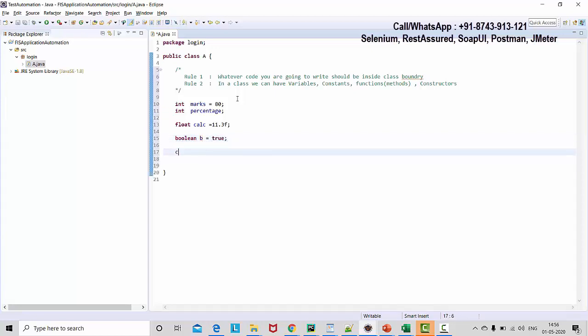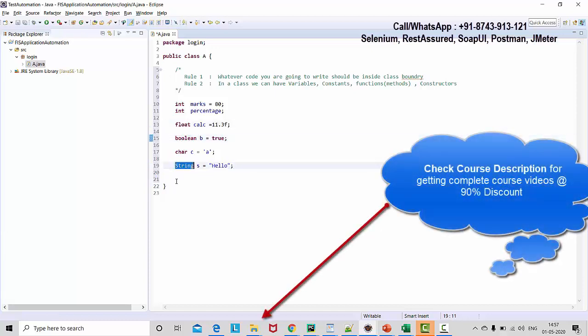In the same way, if you want to store a character, I'm saying char c and I want to store a in that. Whenever you are storing a numeric value, you have to write it directly, like here as well. But whenever you want to store a character or string, I'll show you string, that is placed in single quotes. So it's a character. If you heard about string, string means a group of characters. So we'll have to write like this. But if you notice here, for int, float, everywhere the color is changed. Here it's not. String is not a data type. What is string? I'll explain you later. But if you want, you can create it like this.